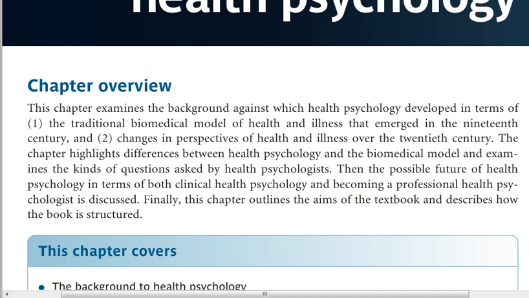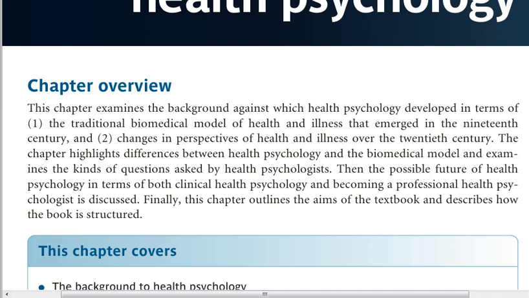The chapter highlights differences between health psychology and the biomedical model and examines the kinds of questions asked by